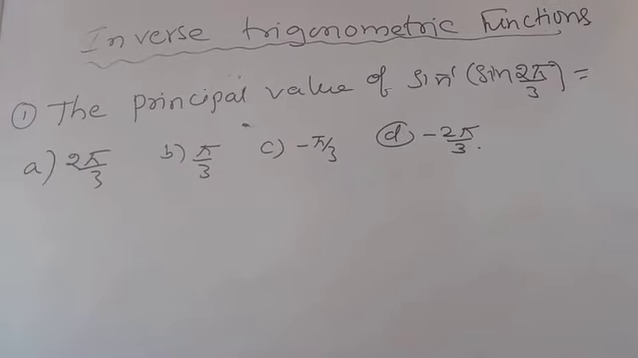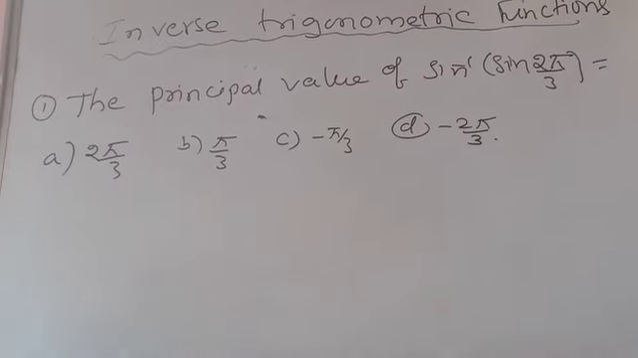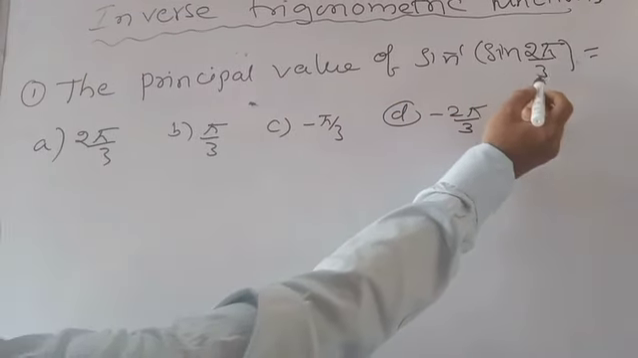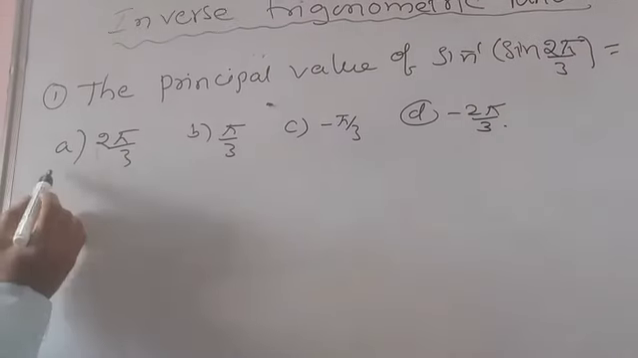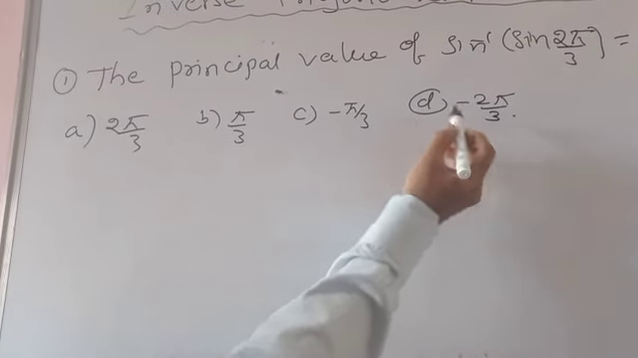Today I am going to discuss the CET questions on inverse trigonometric functions. The first question: the principal value of sine inverse of sine 2 pi by 3 is equal to option A 2 pi by 3, option B pi by 3, option C minus pi by 3, option D minus 2 pi